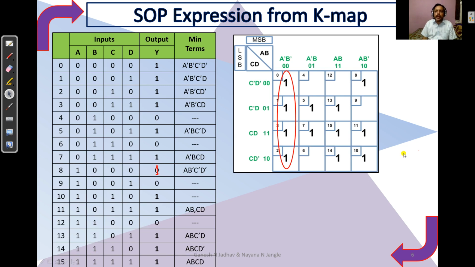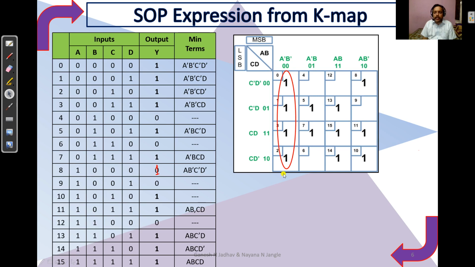First we have to try to make a group of 16, because the total number of blocks is 16. A group of 16 is not possible because these terms are absent over here. So we'll try to make a group of 8. A group of 8 is also not possible. Suppose here it is a 1, then we could make the group of 8, but here 1 is absent, so we cannot make the group of 8.